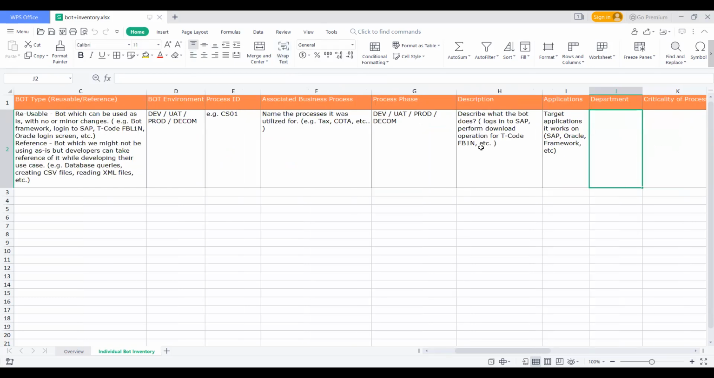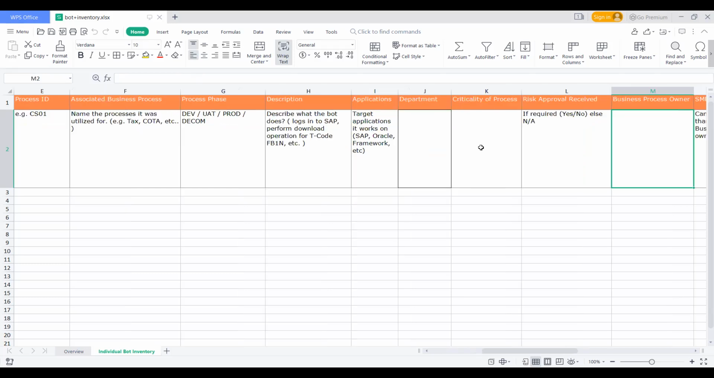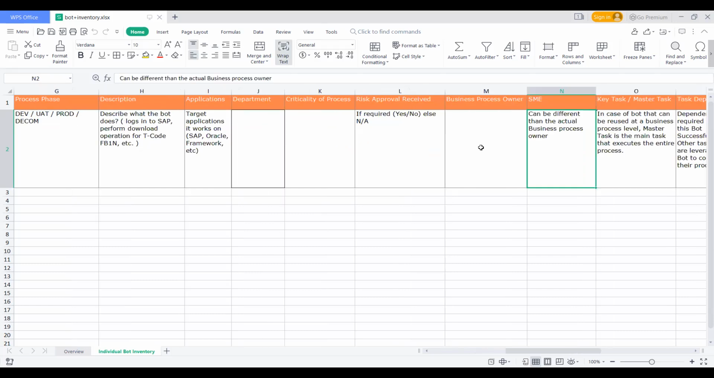Then the department for which this bot was developed, the criticality of the process, whether it was critical, or it was just for the demo purpose you have done it. So you need to capture those details here. Then the risk approval, if it is required, for example, if there is some PCI or compliant data which needs to be approved from the risk team of your company, then you need to mention it here. Then the business process owner name needs to be mentioned here. The SMEs who were